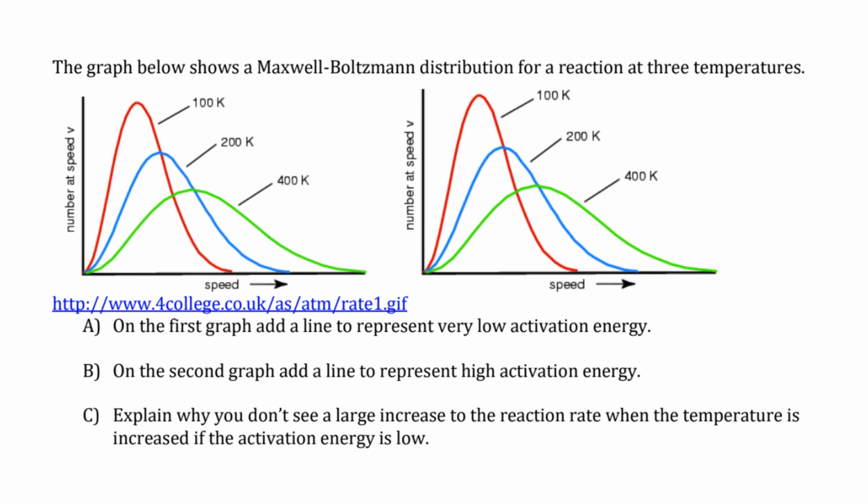The graph below shows a Maxwell-Boltzmann distribution for a reaction at 3 different temperatures. On the first graph, add a line that indicates a low activation energy. On the second graph, add a line that shows a high one. Explain why you don't see a large increase to the reaction rate when the temperature increases if the activation energy is low. All right, so for something to have a low activation energy,